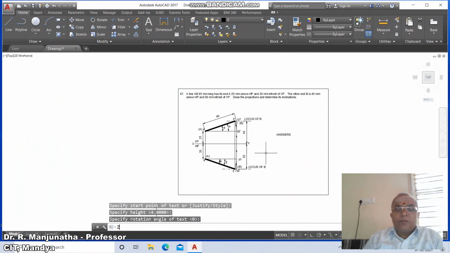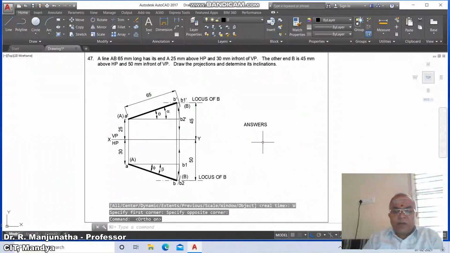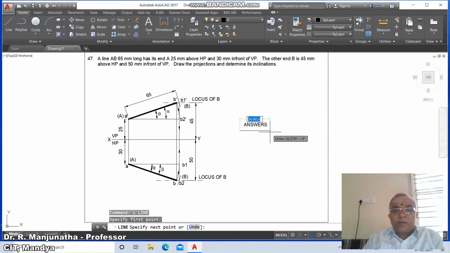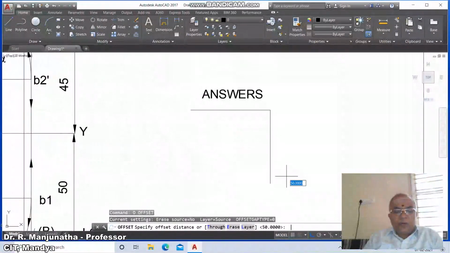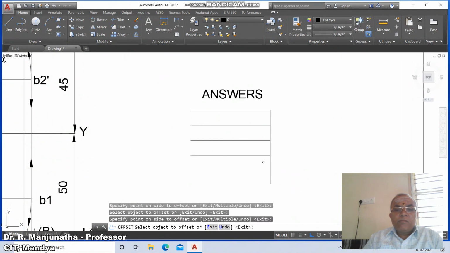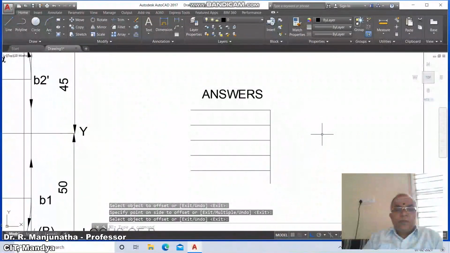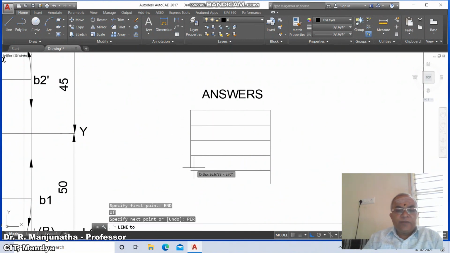By keeping the ortho mode on, you draw the lines now. So go to line, you select this and you select this. Then go to zoom window, then go to offset, take the distance as 7. Then go to line, take the endpoint of this and drag it perpendicular to this.